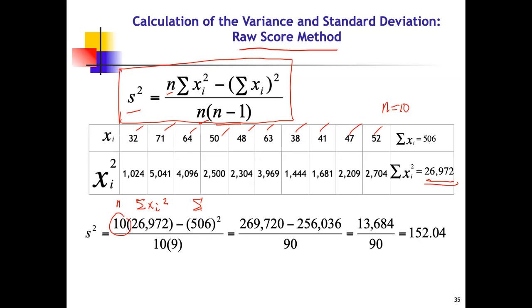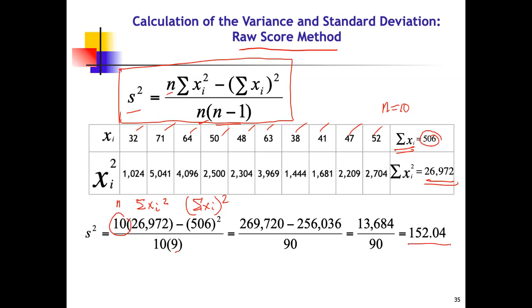So we get the sum of all data values and we square that, and that is taken from our first row. The sum of our first row is 506, then squaring it, we get 506 squared. Divided by N, which is 10, times 10 minus 1, which will give us 9. Simplifying this, you can utilize your calculator. We will end up with 13,684 over 90, and the variance will be equal to